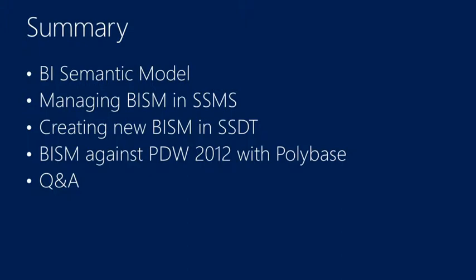What are the key features which are important in terms of bringing it onto the server? DirectQuery mode, partitions, and perspectives are important, even though perspectives are available in Power Pivot. And then we saw the integration with Parallel Data Warehouse with PolyBase going into the backend and directly retrieving the data. So that's the summary. We're out of time, but I'll be happy to